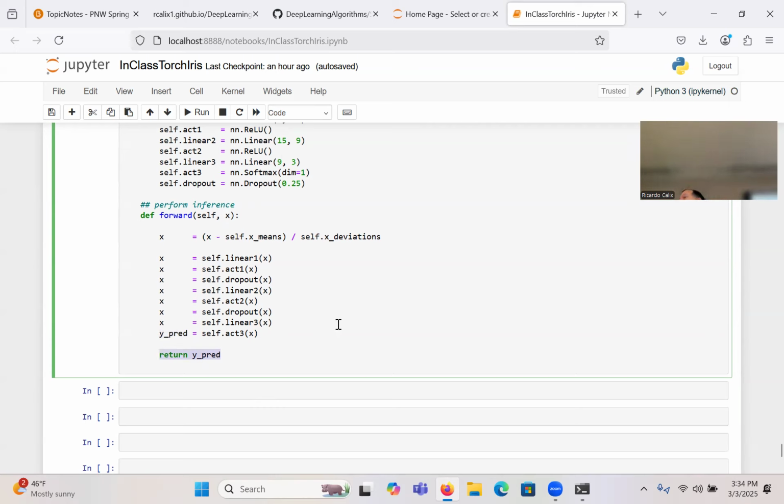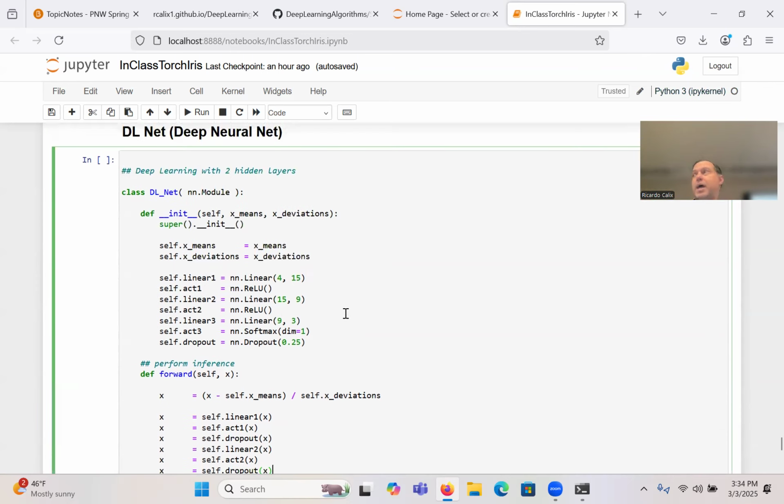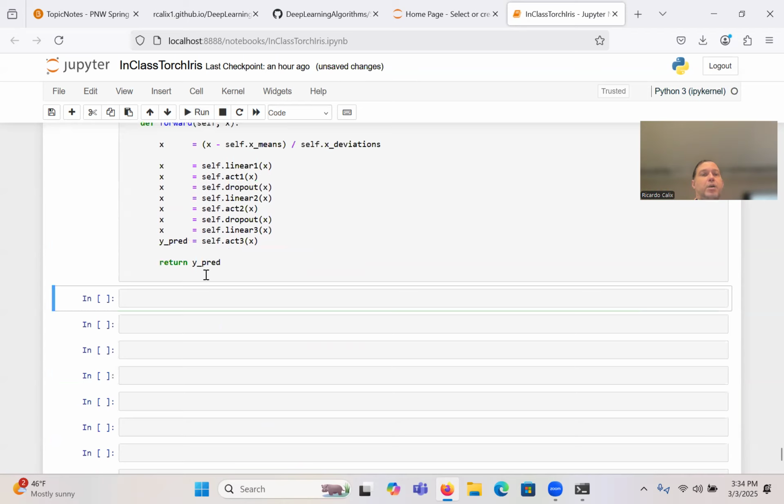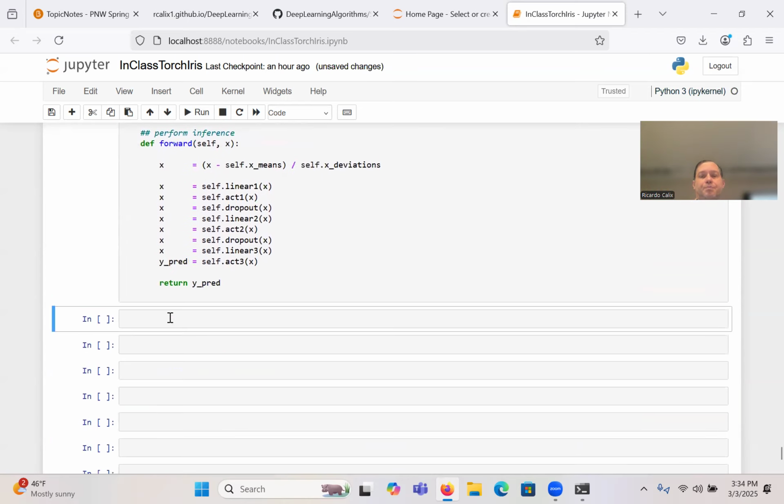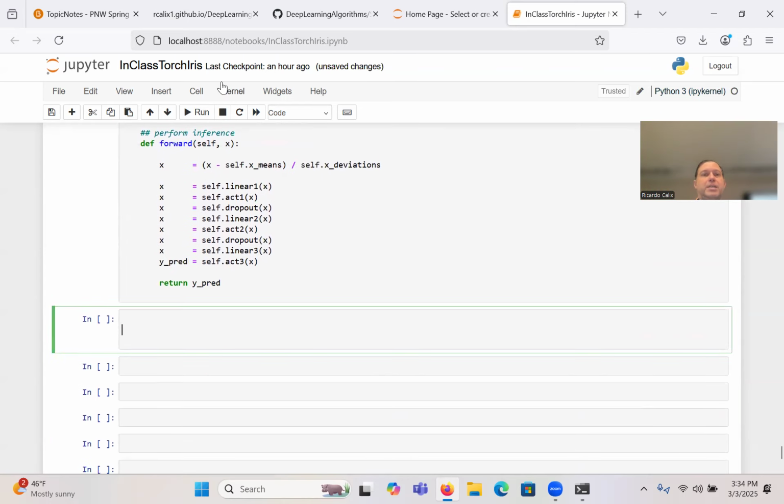Are there any questions, guys? This builds your first deep learning model. So now let's go ahead and run that code. So that code is now in memory. So now we're going to instantiate